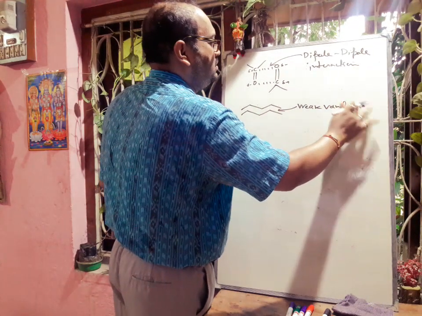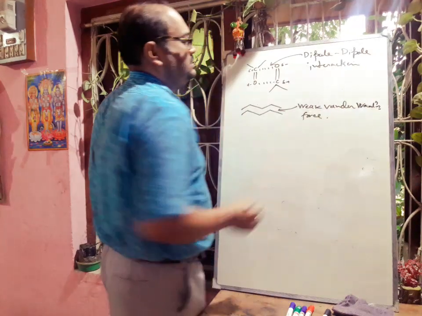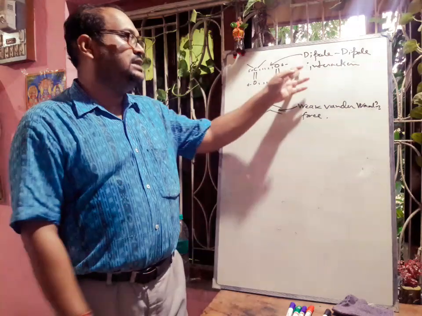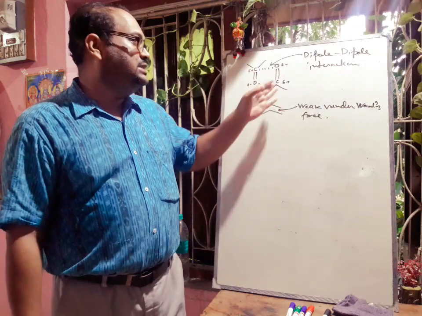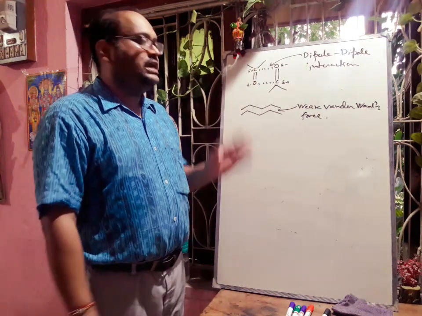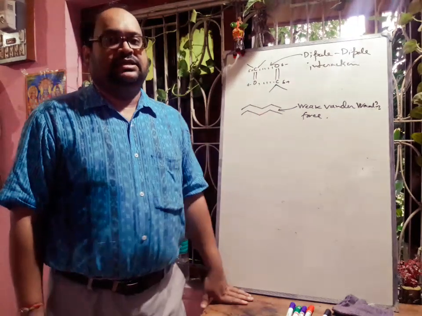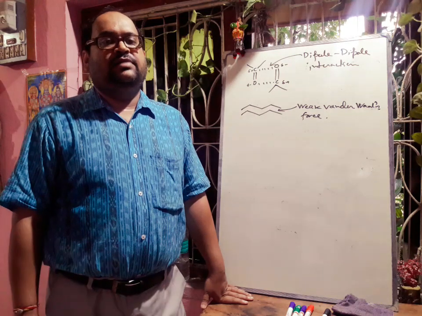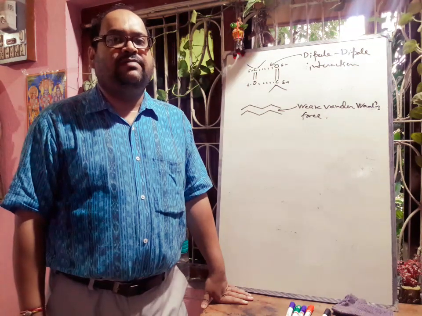Van der Waals force of attraction. So that is why their boiling point will be less, as the interactions are higher compared to the alkanes, as these are more polar. So definitely their boiling point in case of aldehyde and ketone will be higher compared to the alkanes. While the polar molecules of aldehydes and ketones are held together by stronger dipole-dipole forces, so aldehydes and ketones have higher boiling point.